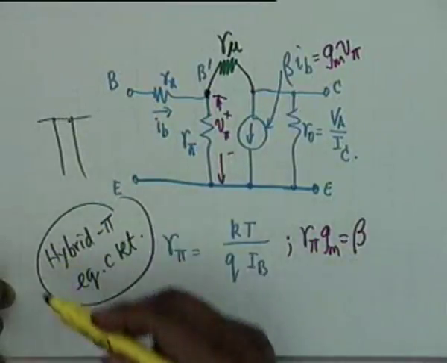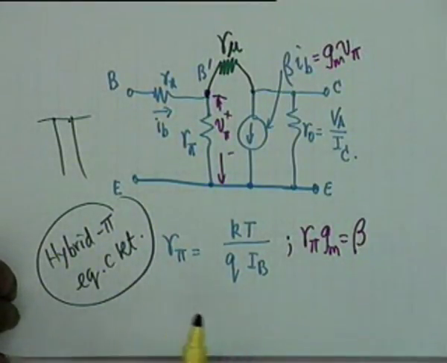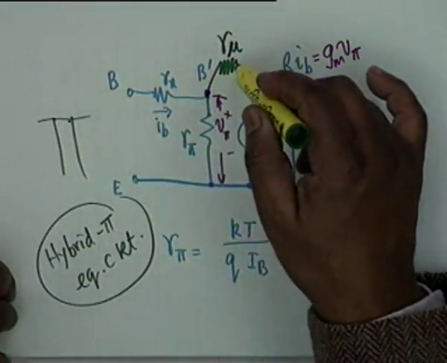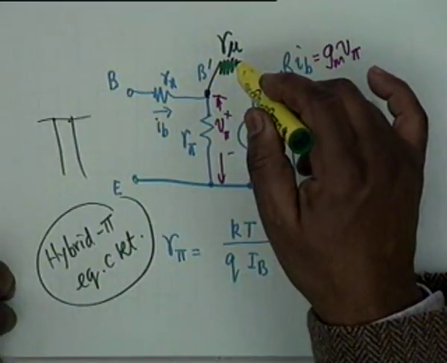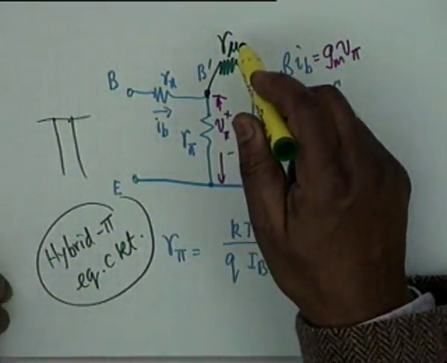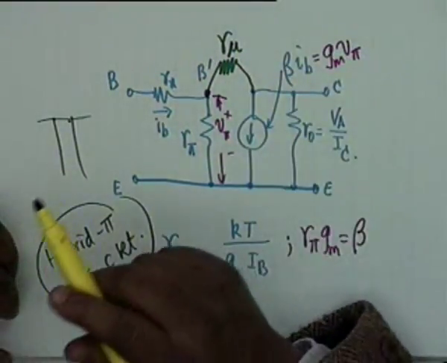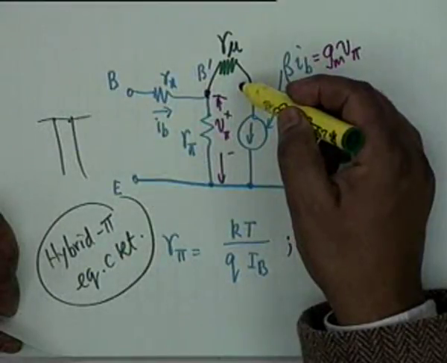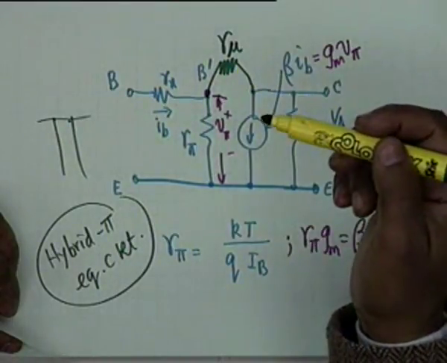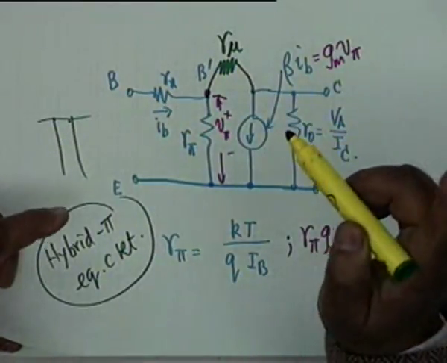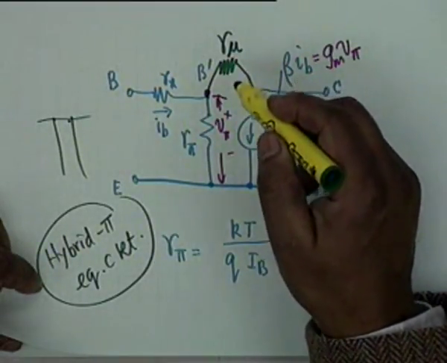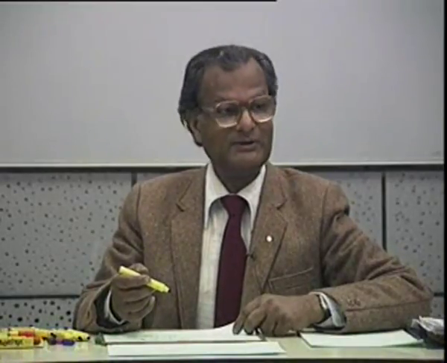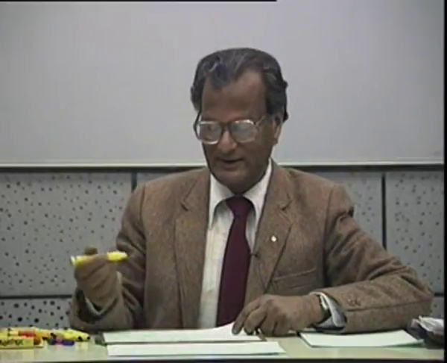So this is the circuit that we shall mostly be using. Let me recall the values. Rx is of the order of 100 ohms, R pi of the order of a K, R mu is of the order of megs, tens of megs. Typical value is 13 meg, and that is why we have not mentioned it so far. We didn't want to complicate life. We have to complicate life if we have a capacitor across it whose reactance is comparable to R mu or other resistances in this circuit. We shall see that later, but mostly we shall be fortunate to be able to ignore R mu. If R mu is included, life becomes miserable, analysis becomes miserable, so is design.